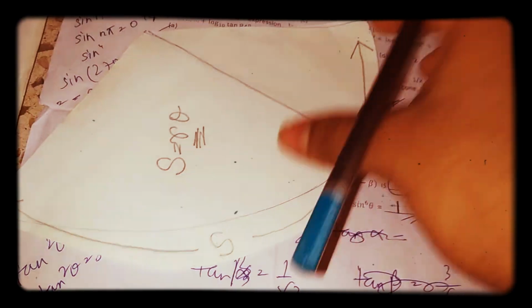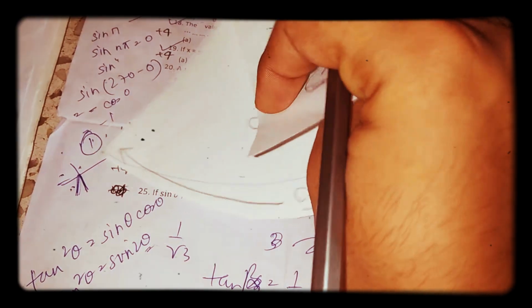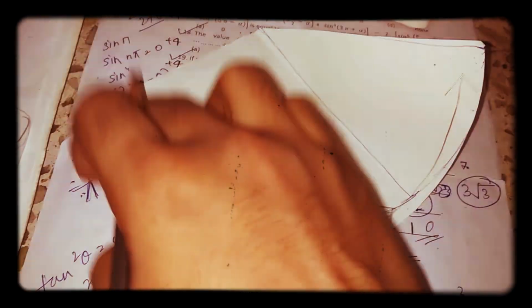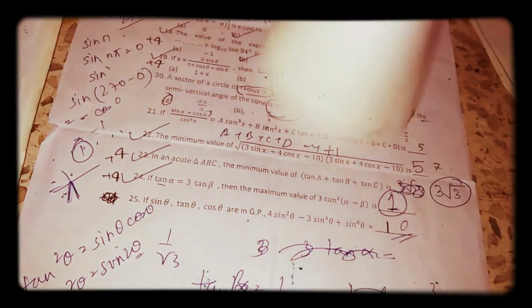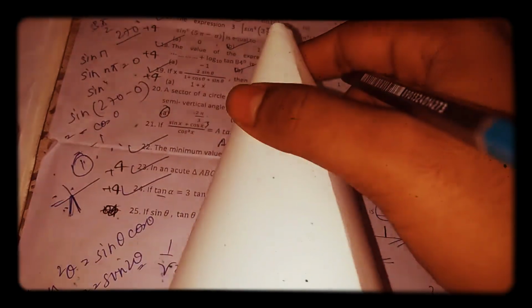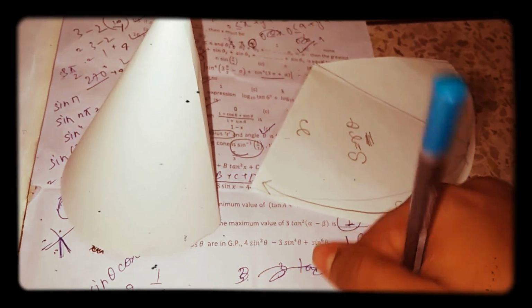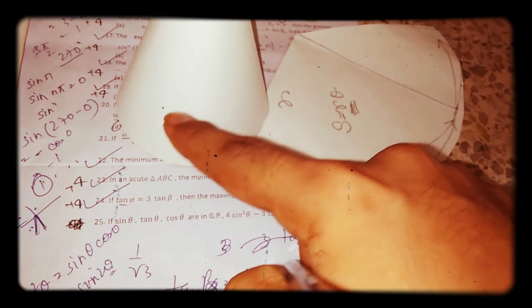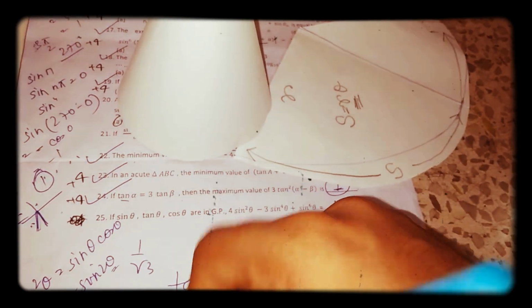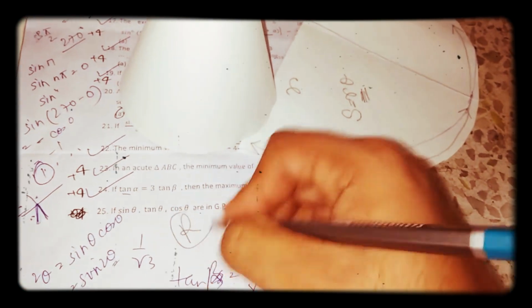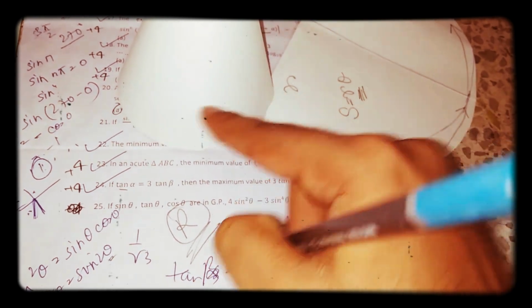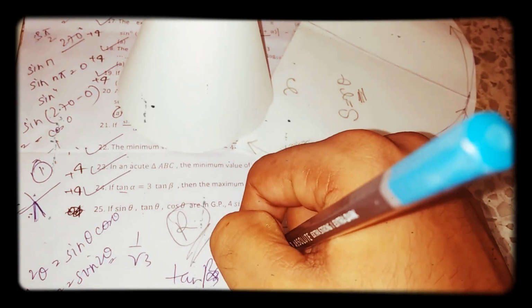Keeping this aside, now we have to fold this in the form of a cone, attaching this particular radius together. We have folded it in the form of a cone, and its slant height is small r. They are the same. We do not know the radius of this cone, so we can assume it to be capital R.